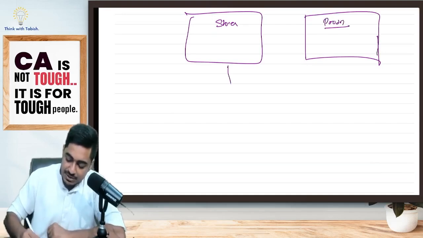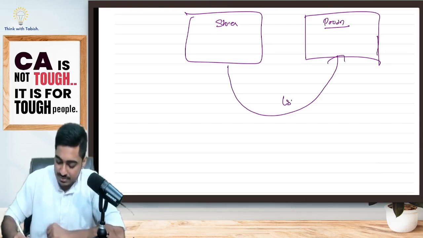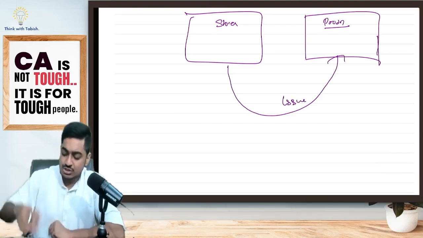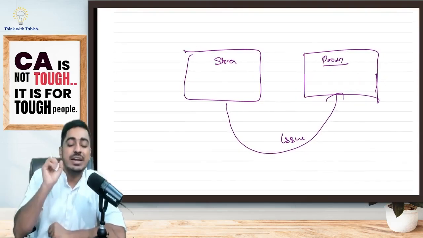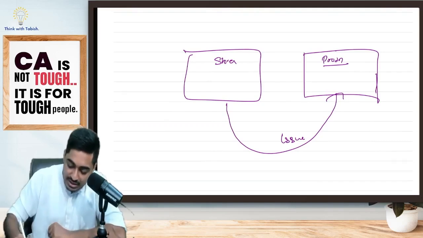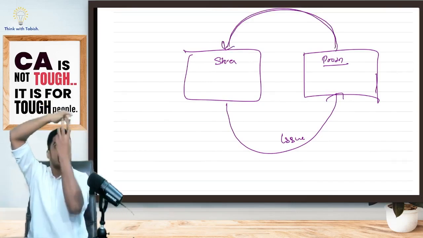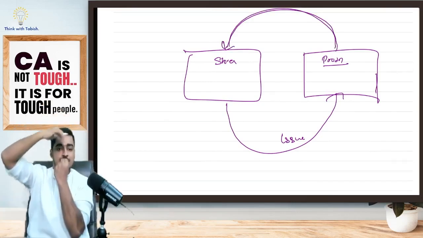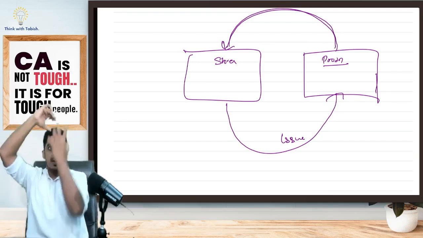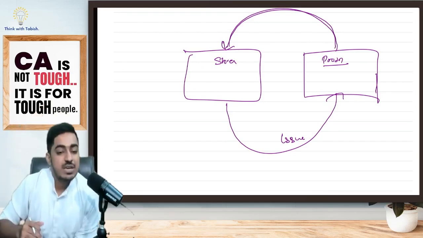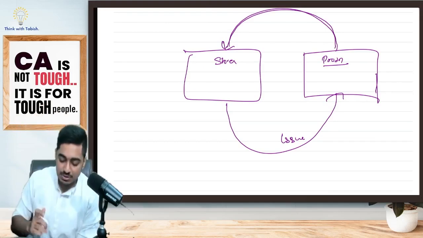Previously I would have issued some goods to the production department. When I issued, I showed it in the issue column. But the production department did not like those goods, so they returned them to stores. Tell me, in stores, what is happening? Am I receiving the goods or sending the goods? I am receiving the goods. That means where will it come? It will come under the receipt column.